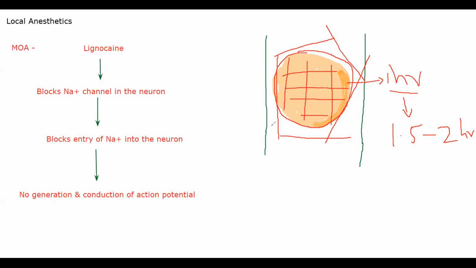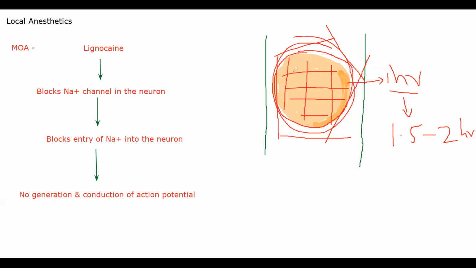Normally whenever I'm applying a drug in one particular area, obviously the drug will get absorbed inside my body, it will enter systemic circulation. I want the drug only to be present in this location, right? I do not want it to move here and there. So if I'm slowing down the movement of that drug from that position, I will get an anesthetic effect here for a longer period of time. I hope you understand the logic.